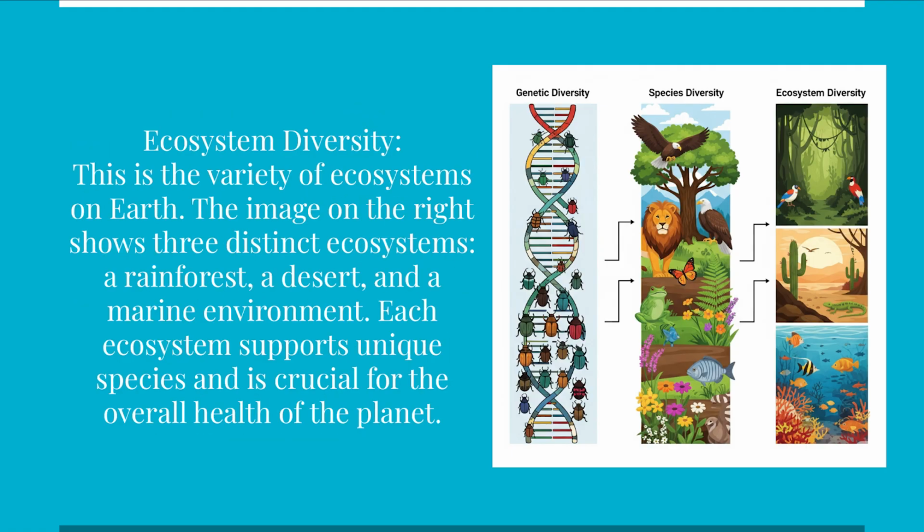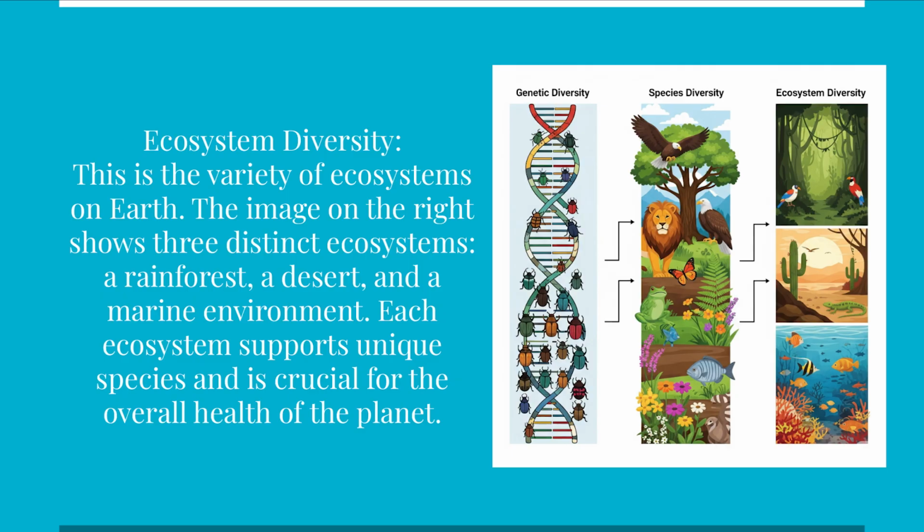Now, moving to ecosystem biodiversity. This is about the variety of ecosystems we have on Earth. On the slide, three examples are shown: a rainforest, a desert, and a marine environment. Each of those ecosystems is very different from the others and supports its own unique species. For example, rainforests are full of dense trees and animals like parrots and monkeys. Deserts have cactus and animals adapted to hot and dry conditions, while marine ecosystems are home to fishes, corals, and